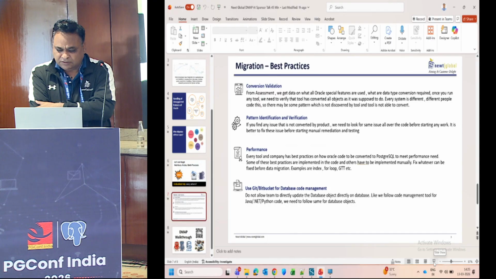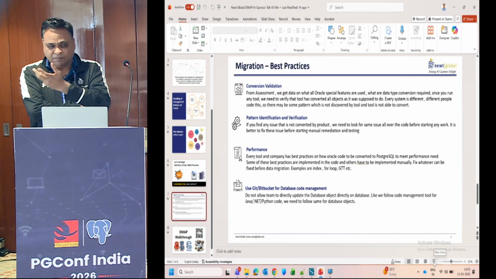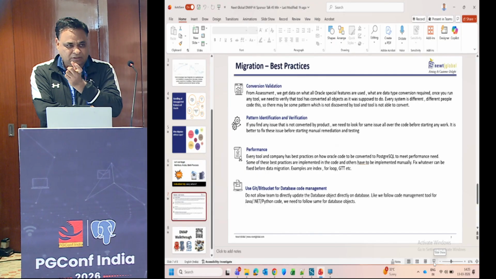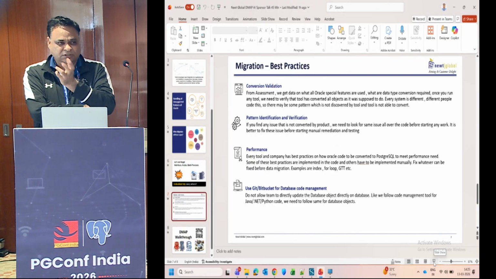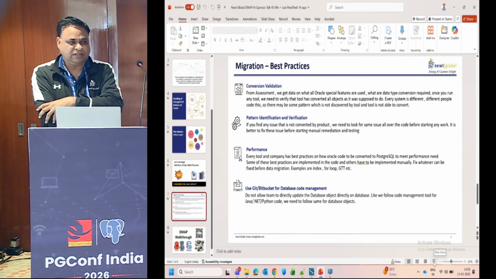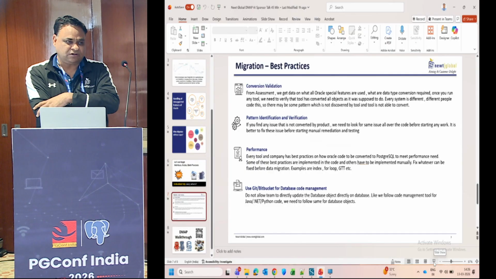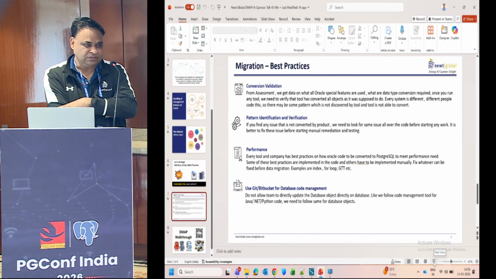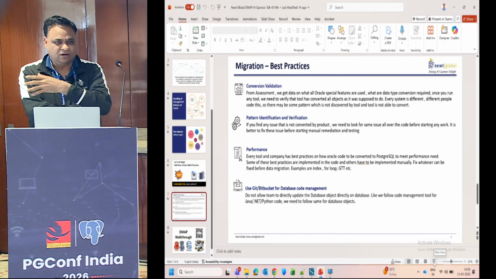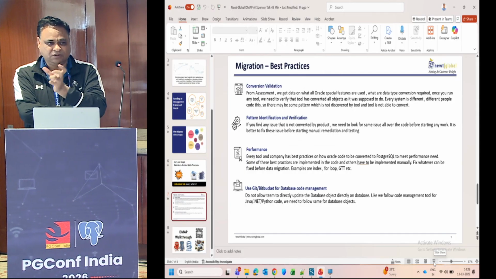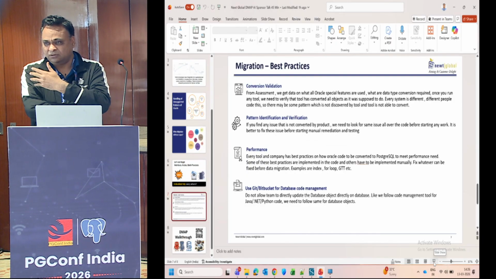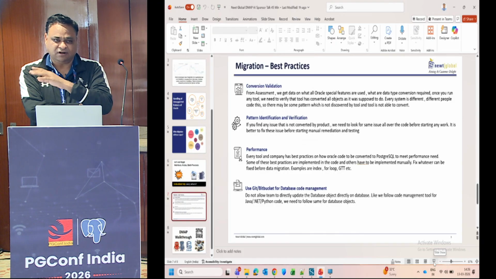The second part is, for example, we claim that 95% is done and 5% is not done. So for that 5% which is not done, or something which we claim is done but is actually not done in the system, we have to find it in all the places in the code. It's not like you fix one place, two places, three places. There are tools available now. You just give the string parameters and it will scan all your code and find out that this function or this property or this data type has been used in so many places in the code. You go and scan everything and fix all the places.